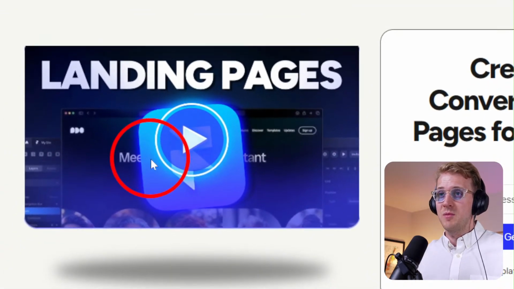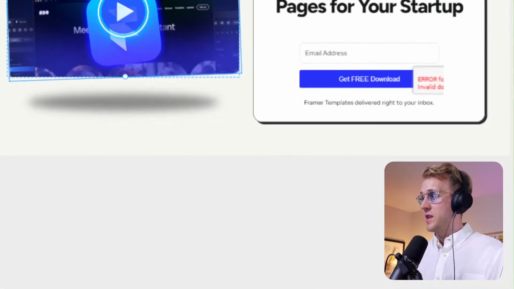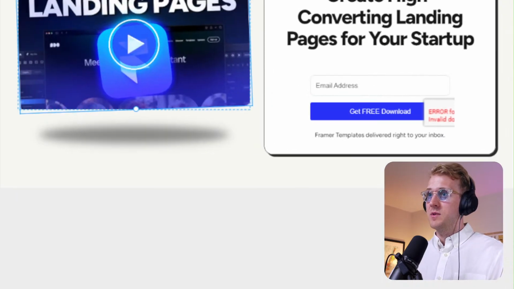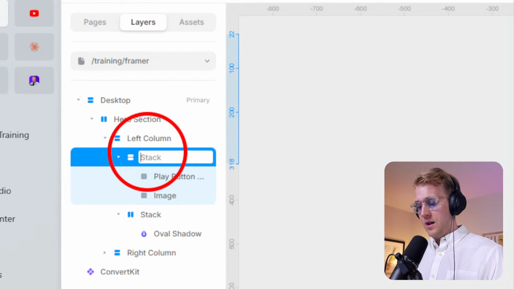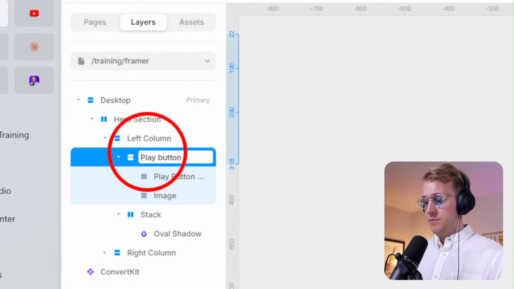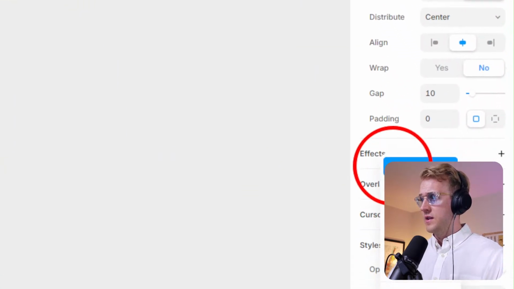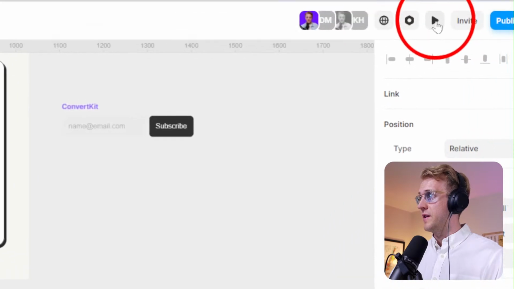So now that I've got that animation, I need to probably take the animation from the image, right-click, copy it, delete it from the image itself, and apply it to the entire stack. So this like play button plus image, and then go back over to effects and hit paste. Now that I copy pasted that effect,